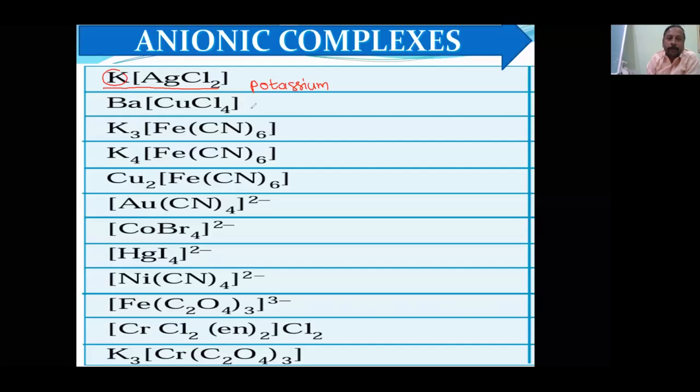Okay, here potassium, why is it written first? Because it is a positive ion. Then our complex is negative. In the complex, what you have to do? You have to write the name of the ligand first. This is the square bracket wherever it is there. That is a complex ion, and in this, what will you write first?